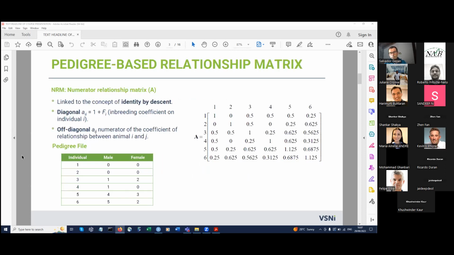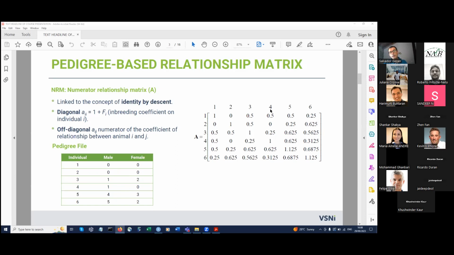You're probably familiar with the pedigree-based relationship matrix. Actually, I noticed that with the emergence of genomic selection and the use of the animal model to fit a GBLUP model, it became more relevant to consider the pedigree. Some breeding programs have started to reconstruct their pedigree or actually to collect their pedigree. It's a historical pedigree. But in animal breeding and in tree breeding, we have been using pedigree for 50 years or more. The way we calculate it is we just provide a pedigree file where we have the individual, the male and female, if we know them. If we don't know them, we put a 0 or an NA, and we use this to construct